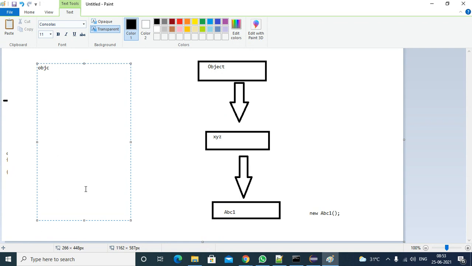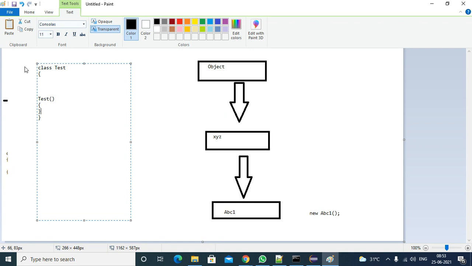When you are compiling the program, suppose you write a class like this, class testing, and inside it there is some method and some constructor.